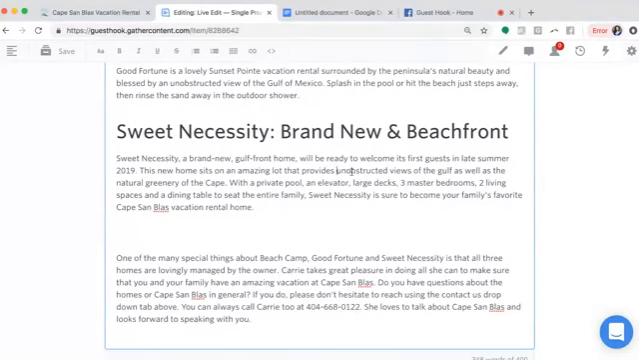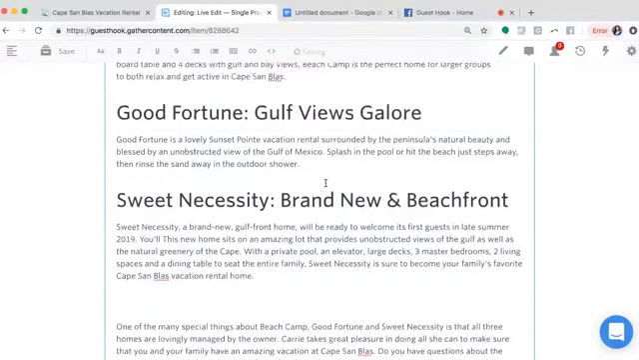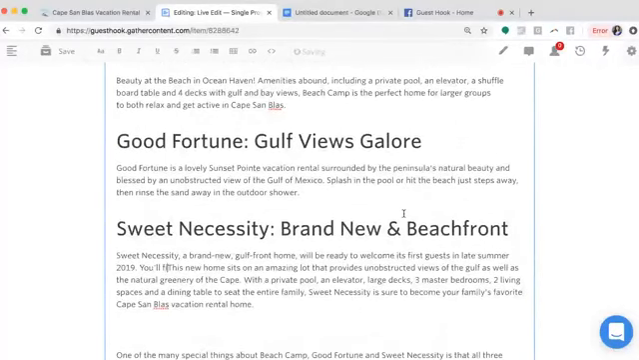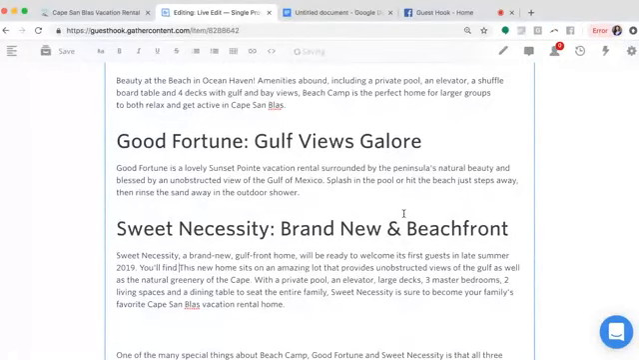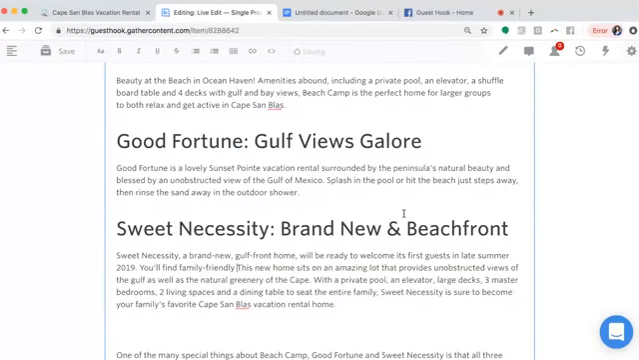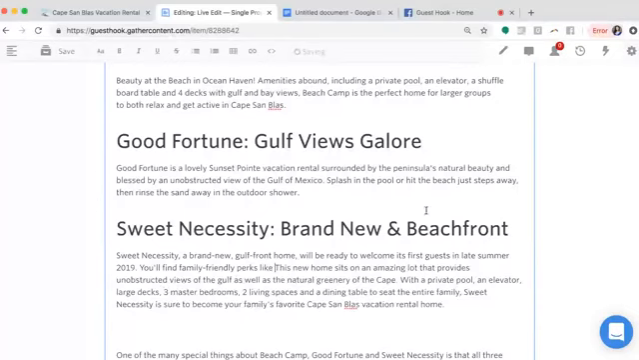So we've got unobstructed views of the Gulf and the natural green. We've got another private pool, an elevator. So we want to make sure we talk about those perks. Let's see, I'm trying to find a way to talk about these amenities. You'll find family-friendly perks like